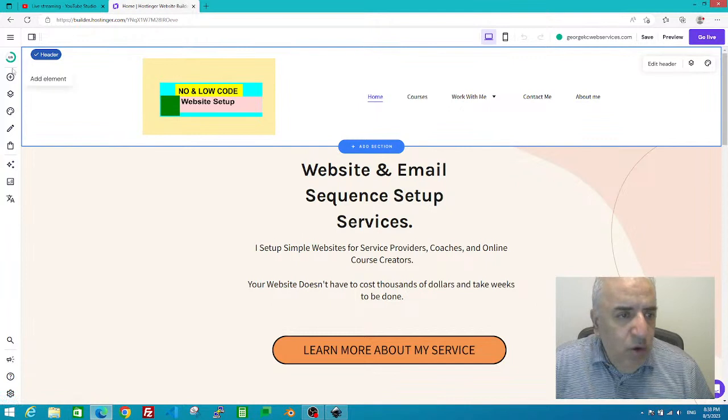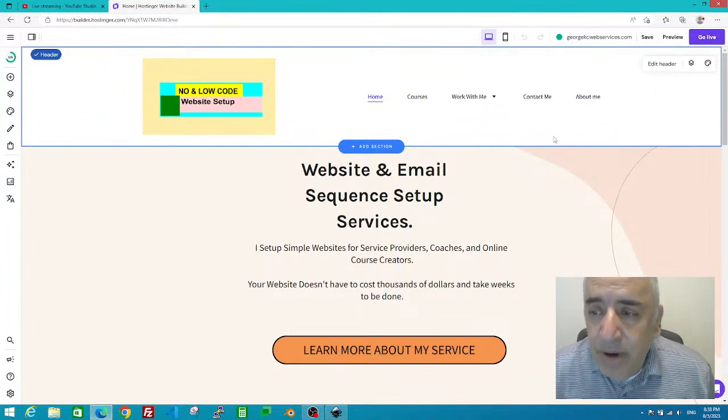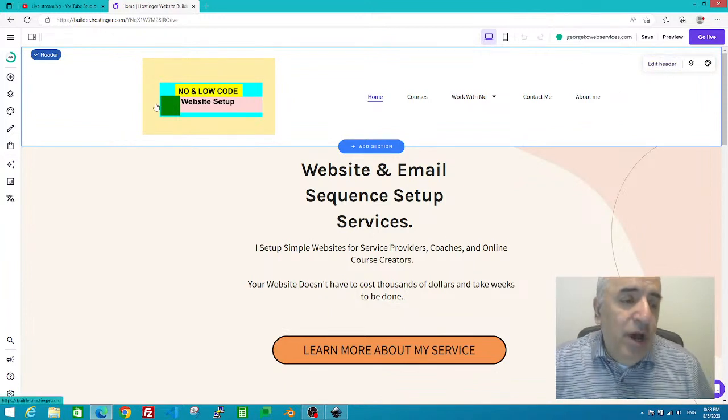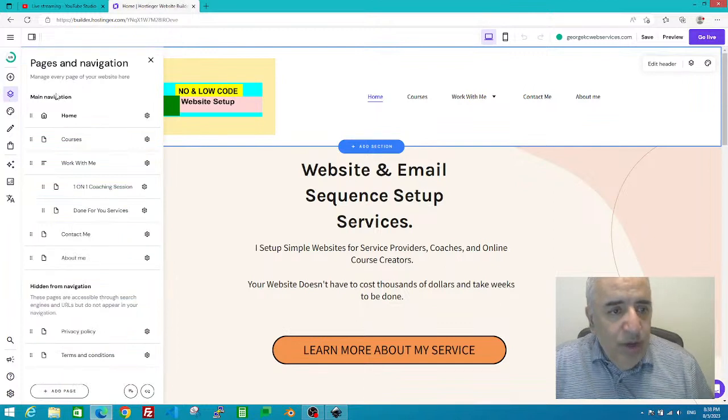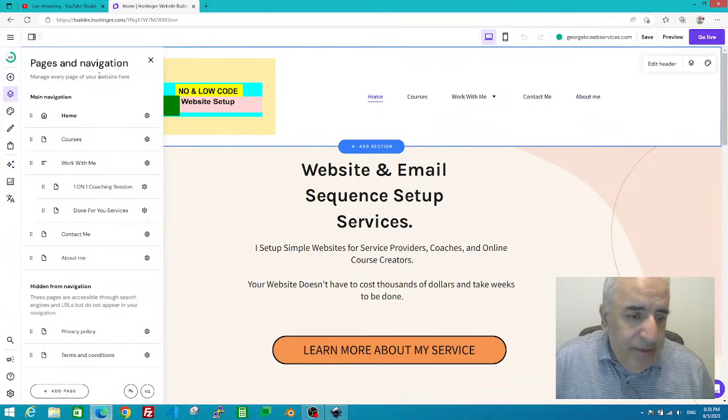So if we go here to the left side, you go down, it says page and navigation. So this is the navigation bar here. So it's different. If you want to edit those navigation bar here and the links, you're not going to be able to do it while doing the edit header. You have to go to the pages and navigation. So you click on pages and navigation, and you can get this menu here, and you get the